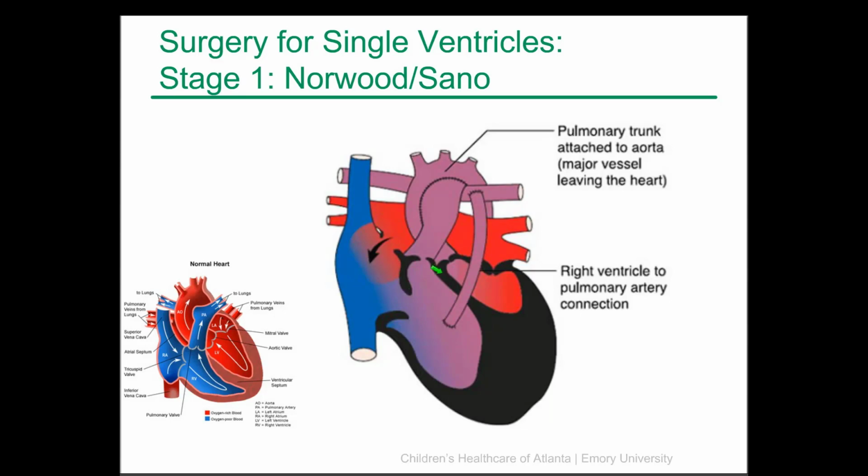Which one is better? I cannot answer that question for you right now. How things are done and what determines what a child gets is typically surgeon preference and center preference. There are many people who have felt that the BT shunt is better and many people who feel that the Sano is better. The theoretical problems with the BT shunt